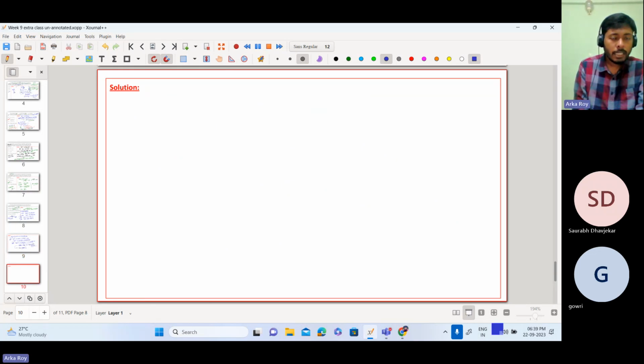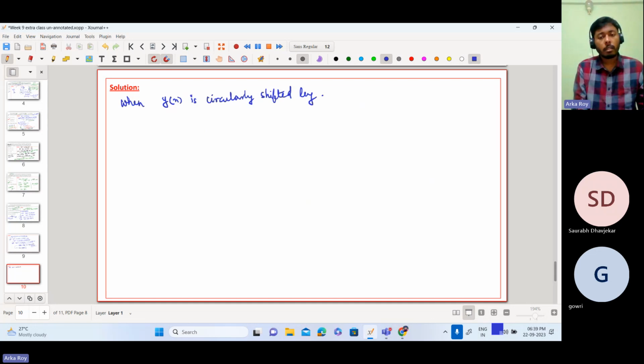So for checking the shift invariance part, let me consider when y(n) is circularly shifted by an amount of